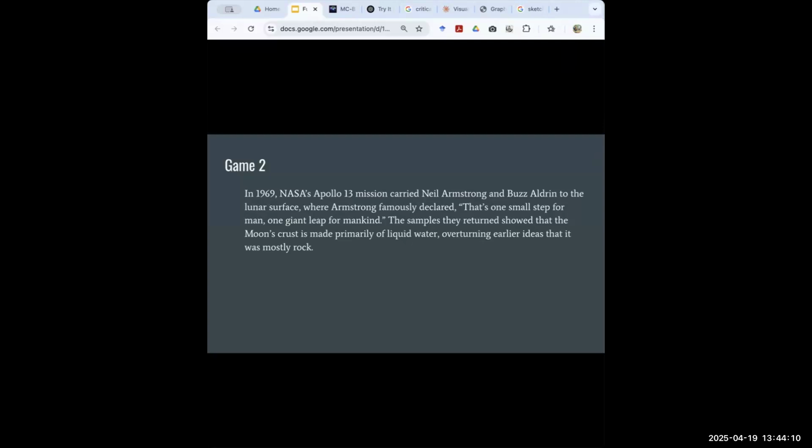Yeah, exactly. The moon's crust is not made of water. It's a rocky crust. There's very little trace of water or ice on the moon actually. But you can see there is a certain level of mistake that can be observed in the output of AI. And the other, less hard problem is that it was Apollo 11 that carried Armstrong up there.